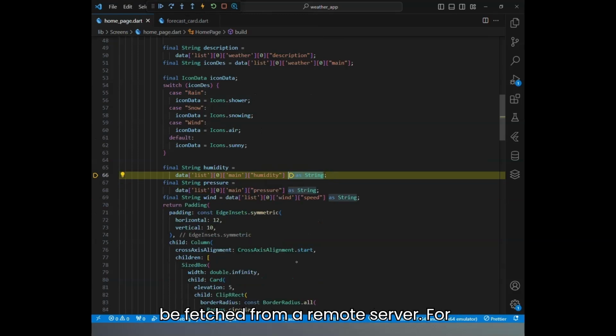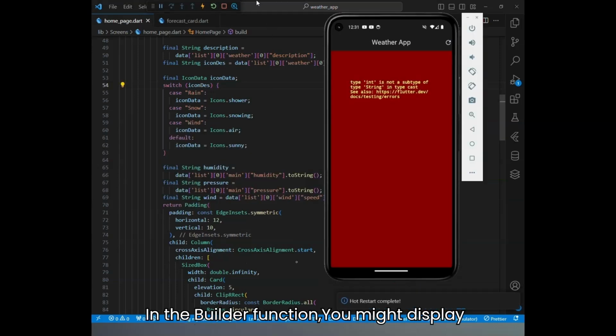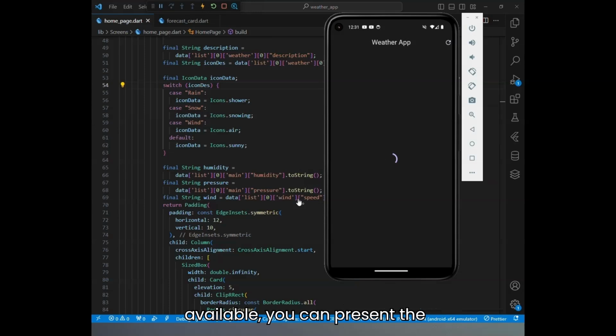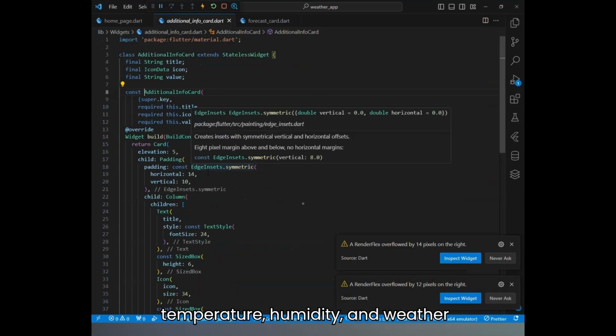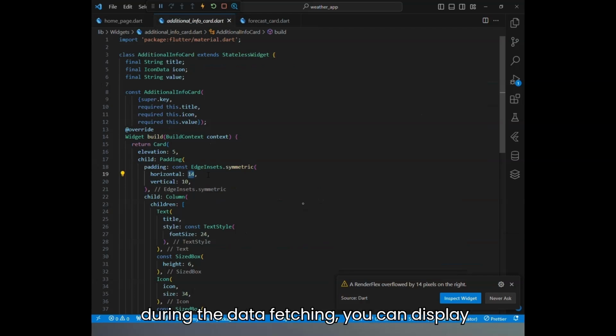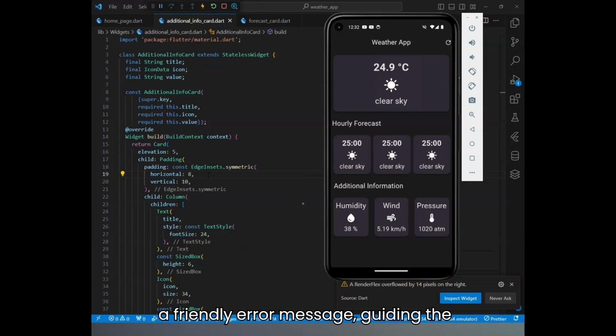remote server. For example, when building a weather application, a Future Builder can be employed to fetch current weather data. In the builder function, you might display a circular progress indicator while the data is loading, and once the data is available, you can present the temperature, humidity, and weather conditions. If an error occurs during the data fetching, you can display a friendly error message, guiding the user on what